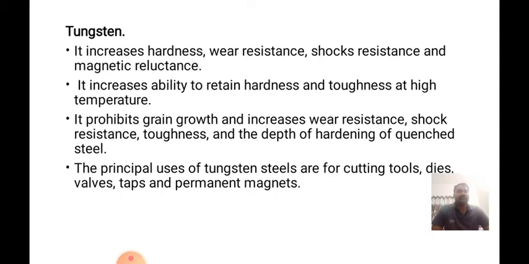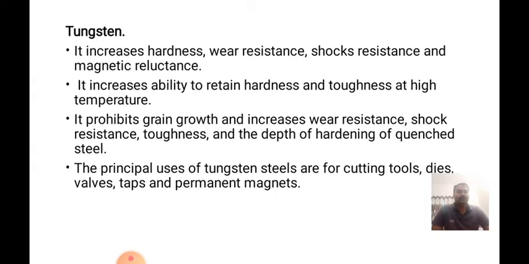In tungsten inert gas welding, the TIG and MIG, that is tungsten inert gas welding and metal inert gas welding, you have studied in MP1, that is manufacturing process 1. The regular students have studied that. Okay, in that case tungsten is used as a non-consumable electrode because the melting point of tungsten is very high.